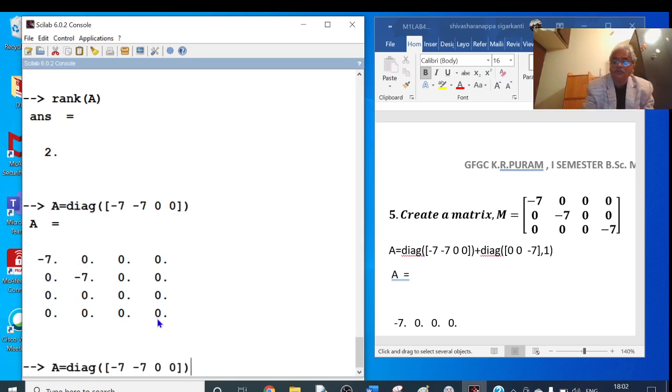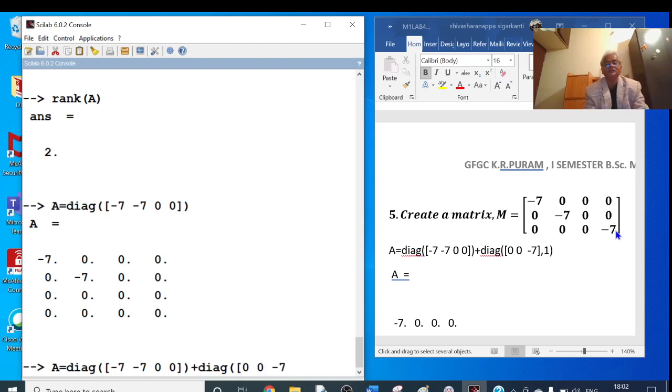What I do here is I will take one more matrix DIAG, open bracket. I want to create a 4 by 4 matrix where these elements are one line above the diagonal. So for that I will write 0, 0, minus 7, minus 7, 0, 0, minus 7.